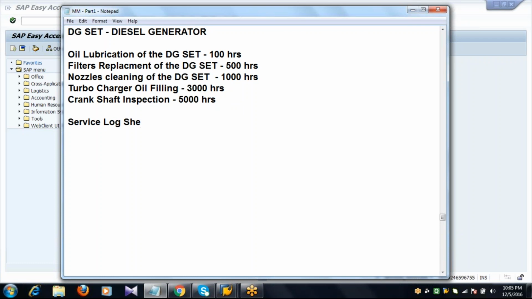It's a physical document, and in this document you'll have all the information: the name of the equipment, service, date, who is the service vendor, remarks, on which shift they have done it, etc. And they will mention after how many hours they have done this service, and what will be the date for the next service. So like this, you'll have a service log sheet. One will be at the buyer side, one will be at the supplier side, that is the service vendor side.